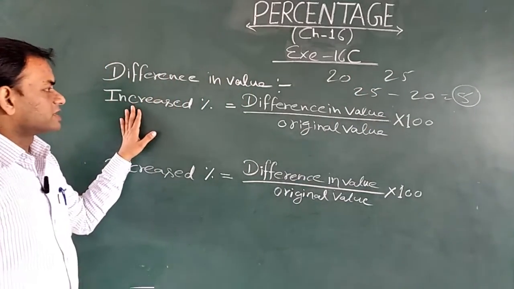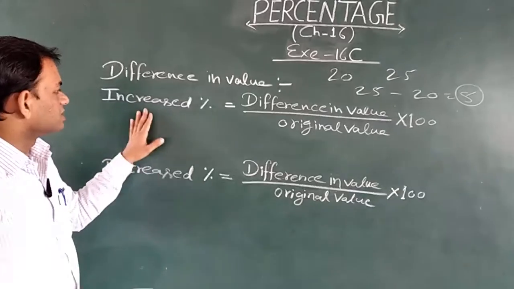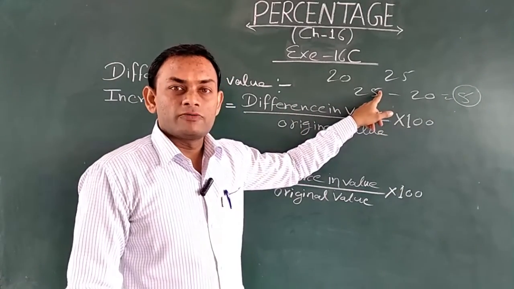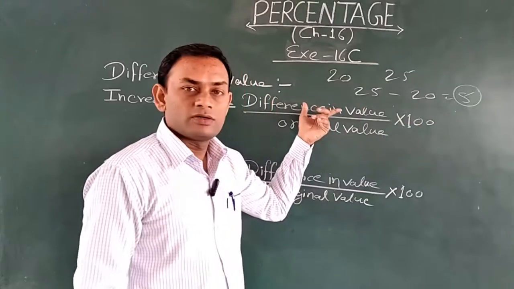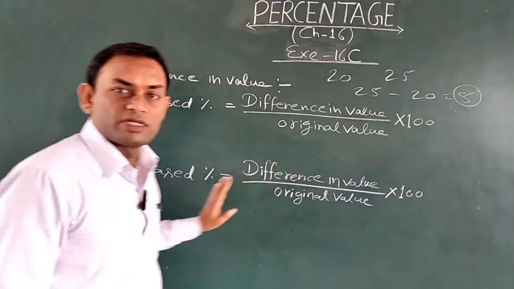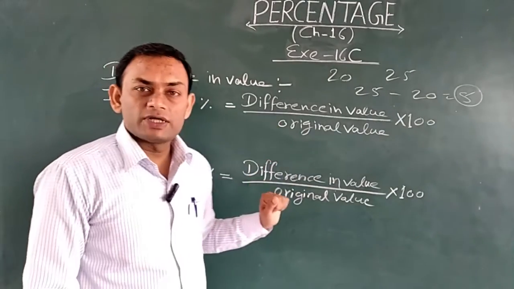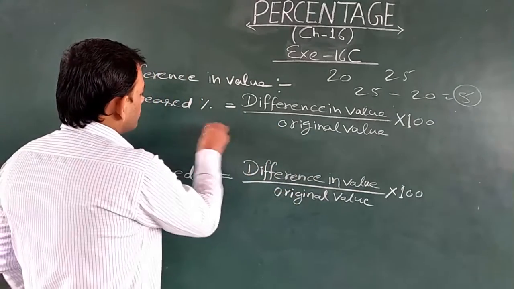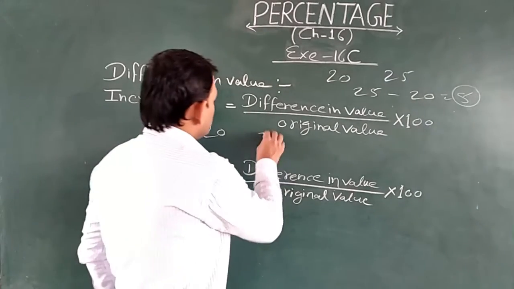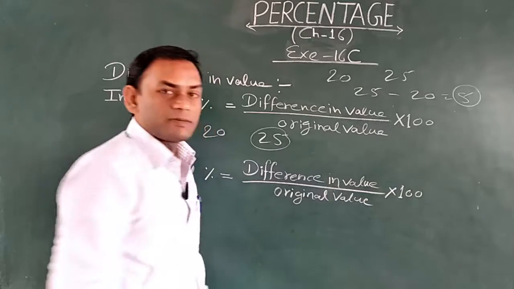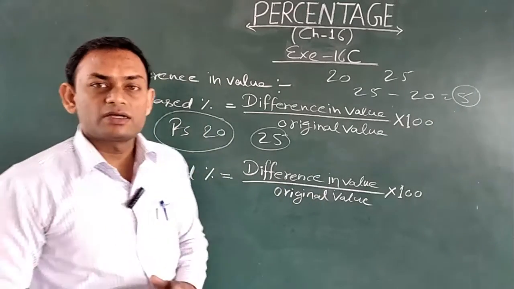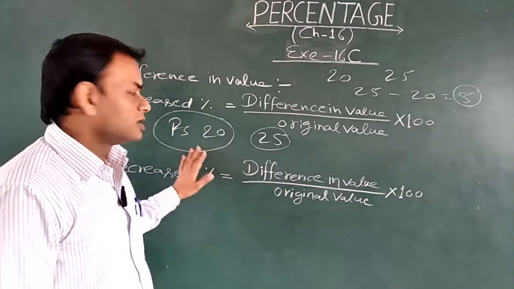Now increased percentage and decreased percentage. Increased percentage is equal to difference in value, as I told you, we will put the value here, divided by the original value, multiplied by 100, and the same for decreased value. Now what is the original value? Suppose the cost of a ball is 20 rupees in the start and it is increased by 25 later. So the price, cost and value which was set in the beginning is called the original price,